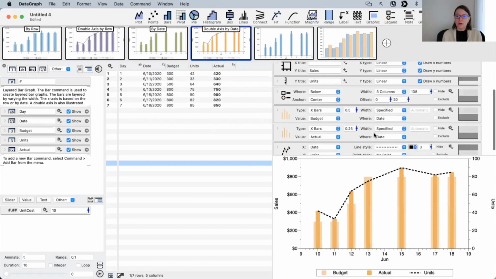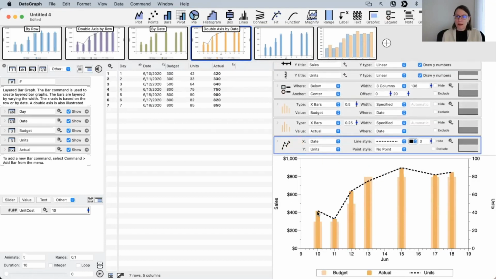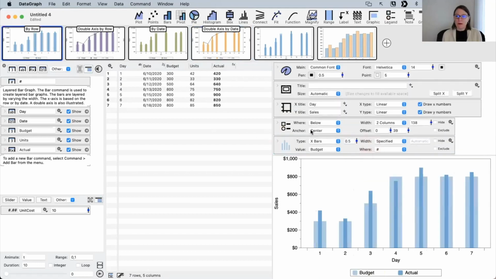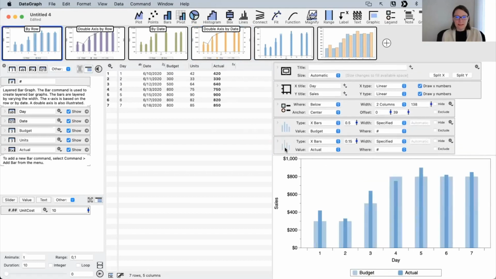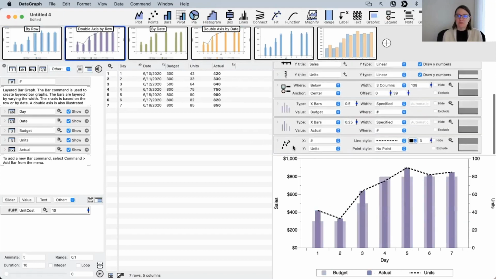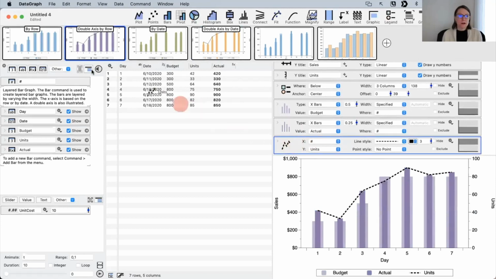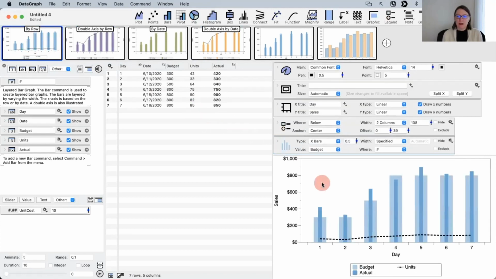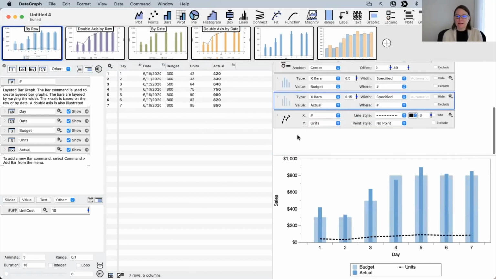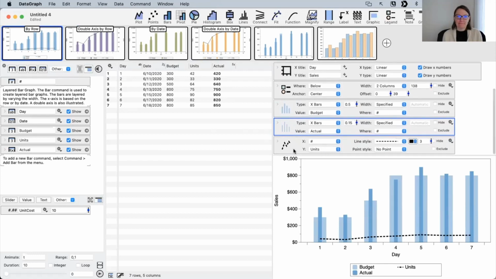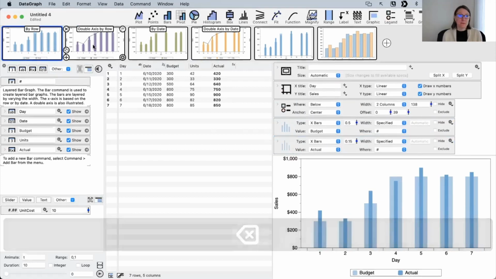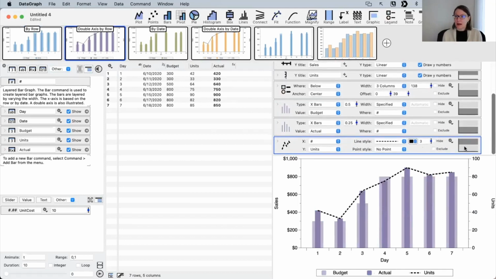I guess the other thing in this file is that you also have a line added onto this. If you wanted to do the same thing here, you couldn't do it on the date, because it wouldn't really make any sense. In fact, if I took this command and transferred it over to this graph, it would look very strange. Oh, well, actually, this is a double axis. That's one of the reasons. This is actually on a